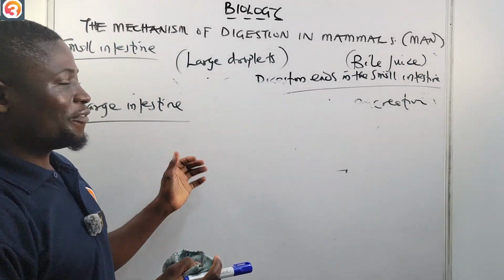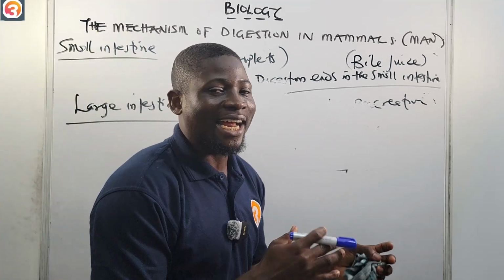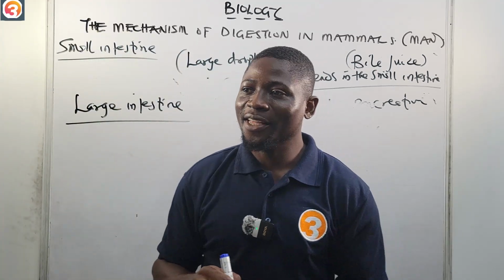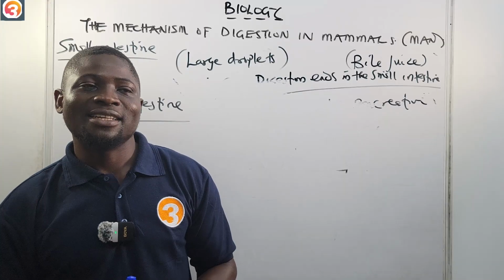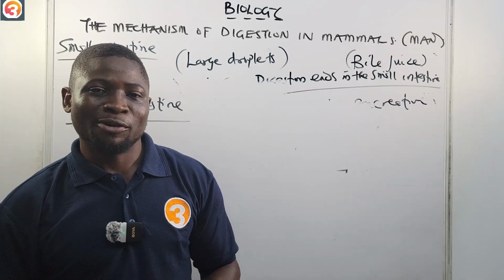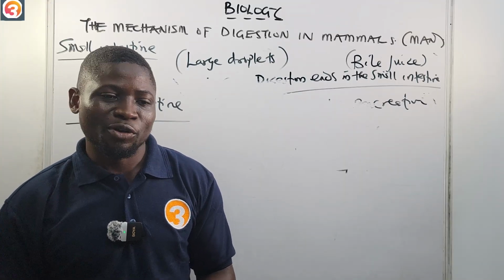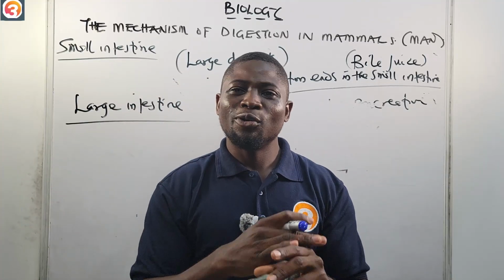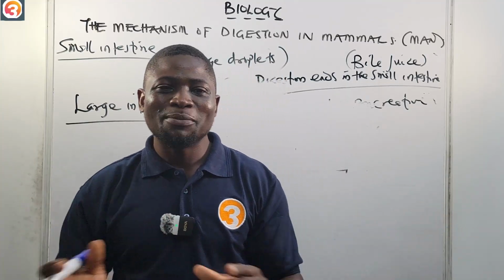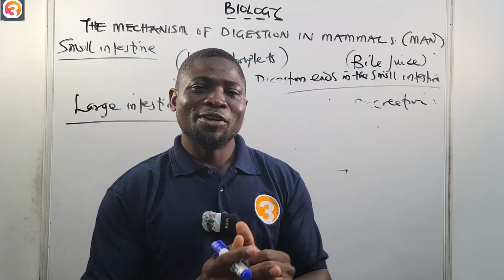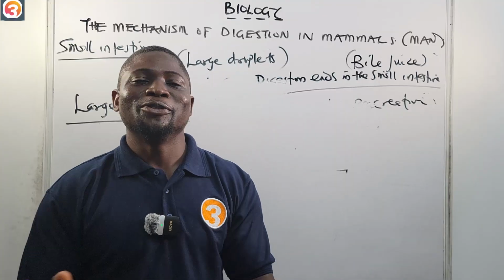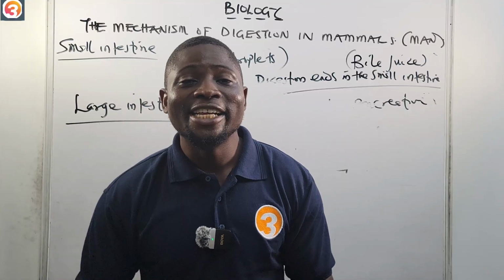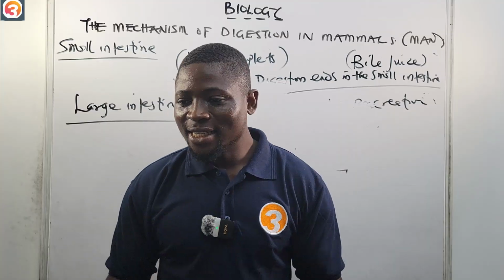The large intestine will perform what? A final analysis. It's just like you go to your wardrobe, then you say, I have some old clothes. Let me give them to my junior ones. So you now check your wardrobe, arrange everything, and then bring out some clothes that you are supposed to give out to your junior ones. But after you have finished arranging them, you now say,